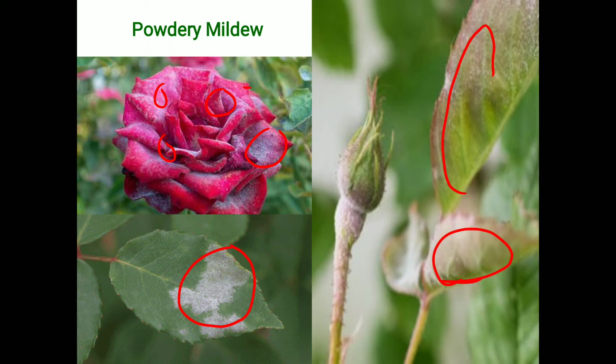Regarding management strategy, the diseased and fallen leaves should be collected and burned. Next, spray at 10 days interval with wettable sulfur or dinocap. If we use wettable sulfur, we can use 0.3%; for dinocap, 0.03%; or carbendazim 0.1% for effective control of the disease. Spraying with Karathane at 0.3% plus carbendazim 0.025% also controls the disease. So this is about the control measures of powdery mildew disease.